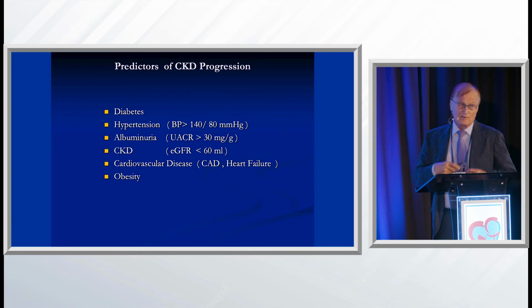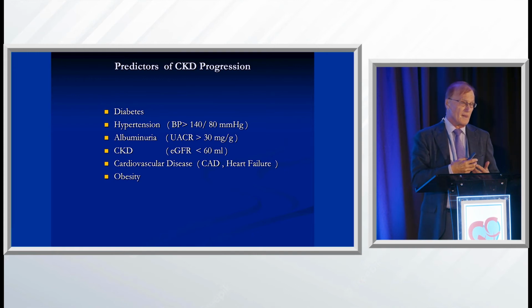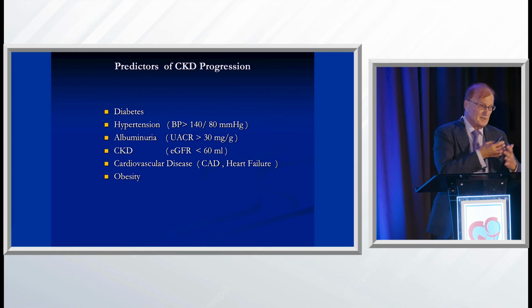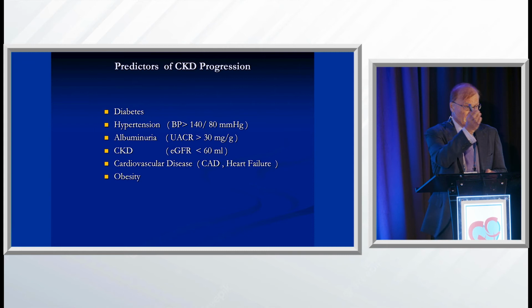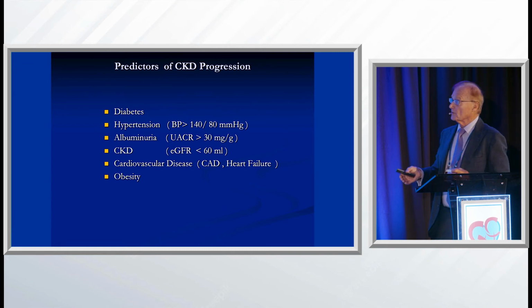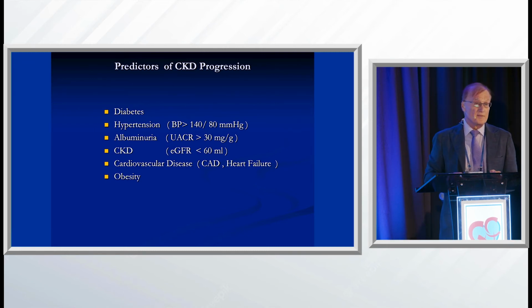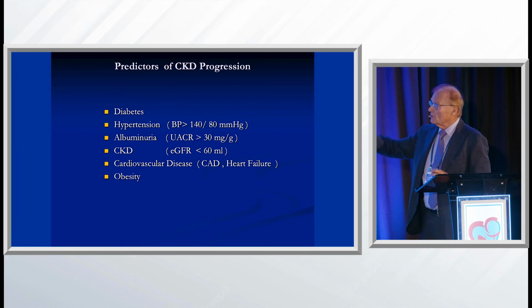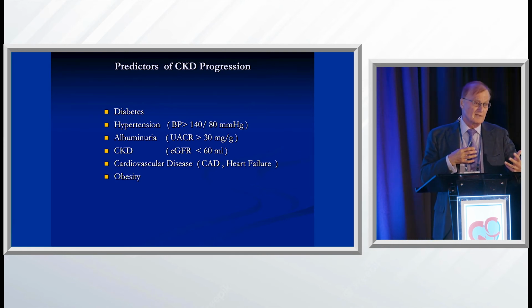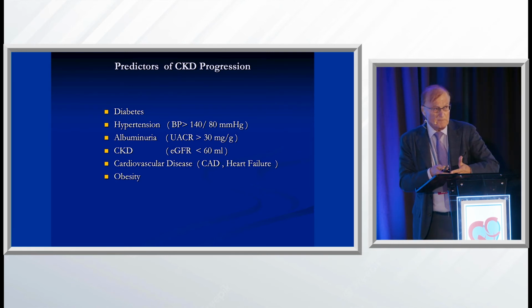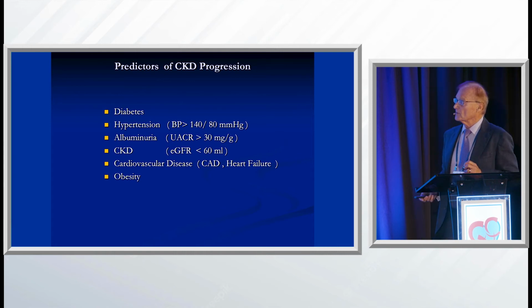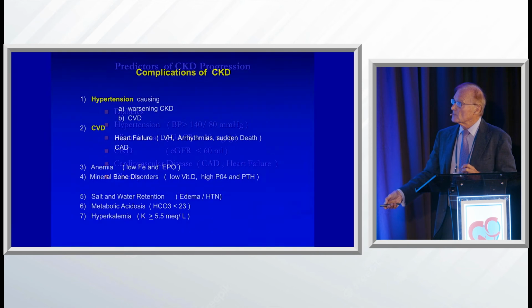And then, of course, we now say that the heart and the kidney are married to each other. If your cardiac output suffers or you have HFpEF, and you have a higher venous pressure on the other side with a higher central venous pressure, there's back pressure on the kidney. So basically, it's very important that worsening renal function has implications for the heart and vice versa. And as outlined here clearly, there is also obesity.